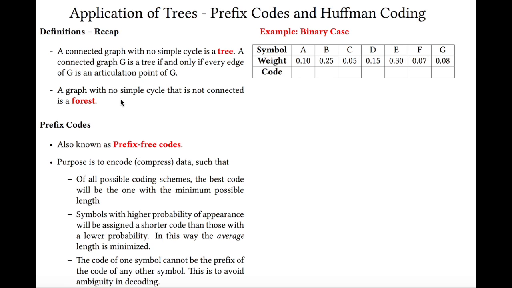And a graph with no simple cycle that is not connected is a forest. So these are the definitions which we are going to use in our application here. So what are prefix codes, for example? Any code, when we say code, it's a representation. It's some representation of any symbol, any text, in some different kind of representation which is